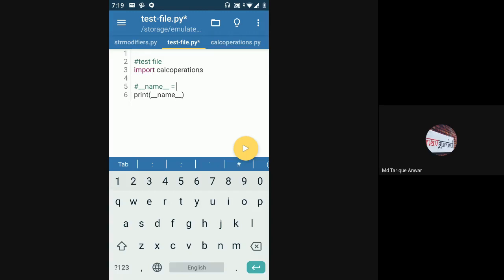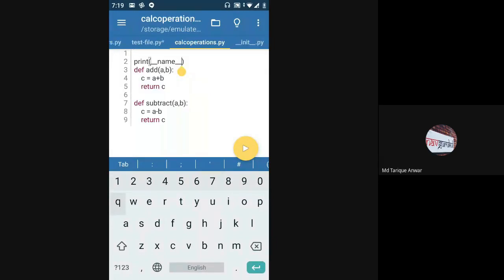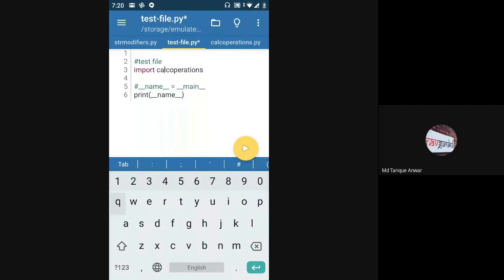Whatever files you have imported, when calc_operations is imported, it gets run internally. You did not want to run calc_operations, you were planning to run the test file, but your test file has imported calc_operations, so calc_operations will be run internally.